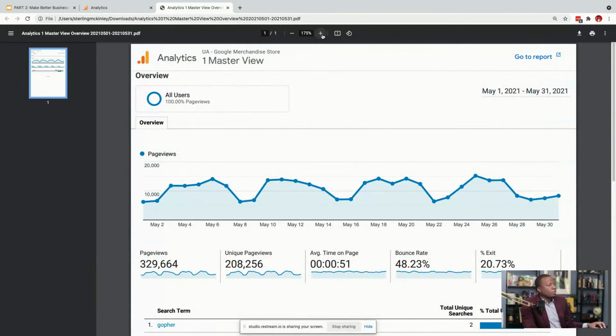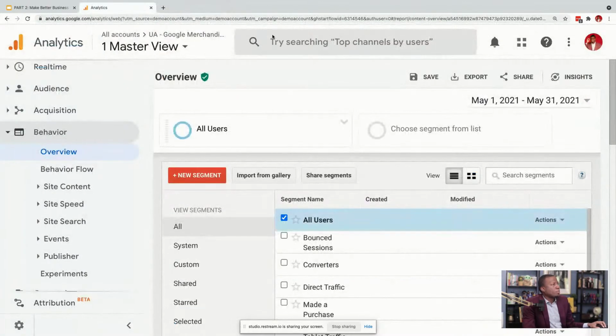And once again, this goes for any part of analytics. You can always go up top to the right and change the date, and you can always export any reports. That way you can have a better understanding. Sometimes it helps if you print things out and look at the stats and trends of how they happen. So always remember to make sure you're looking at the right dates. And if you want to, you can also export any of these reports.